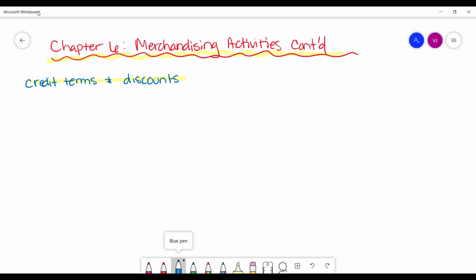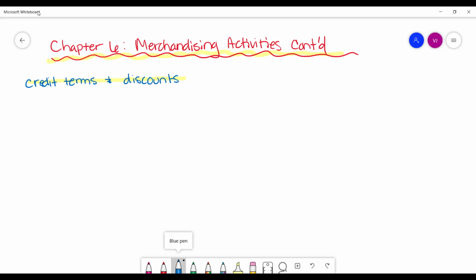Because remember, these suppliers would rather get $1 early than wait for that $1 later on, because theoretically, $1 today is better than $1 tomorrow, because I can take that $1 today and invest it for a return. So really that's the concept behind that. Earlier payment is always better. It helps with keeping your cash flow strong, right? Any company would rather take cash early as opposed to cash later.